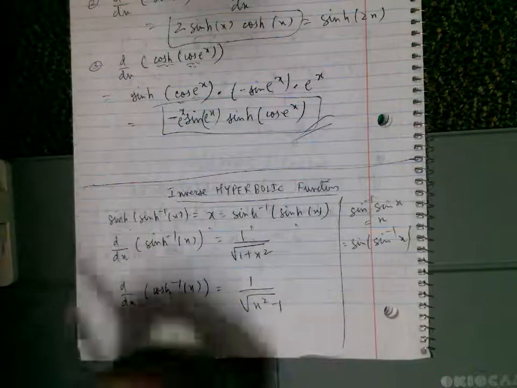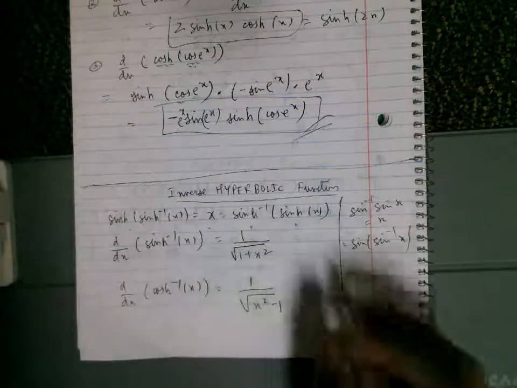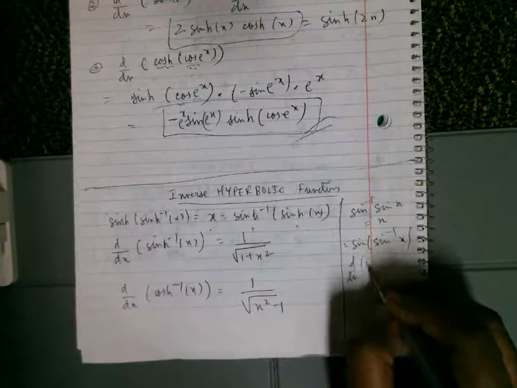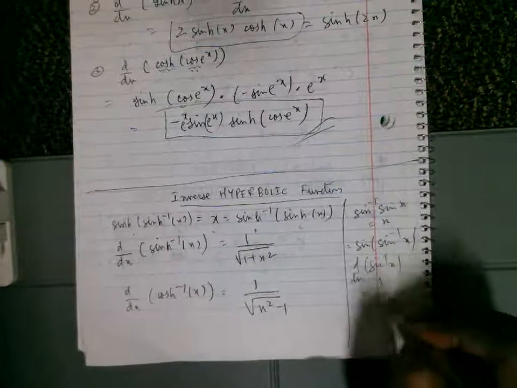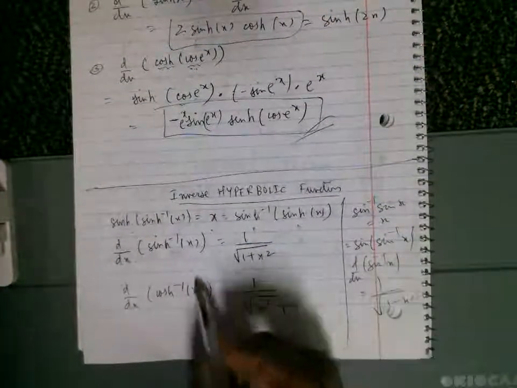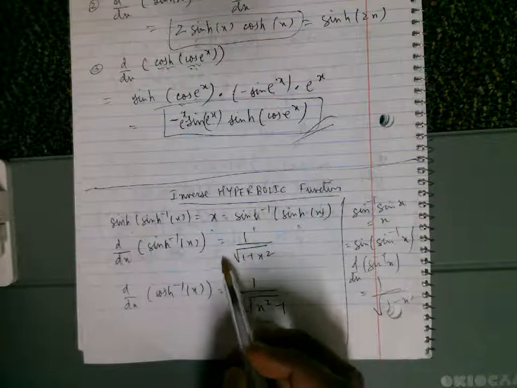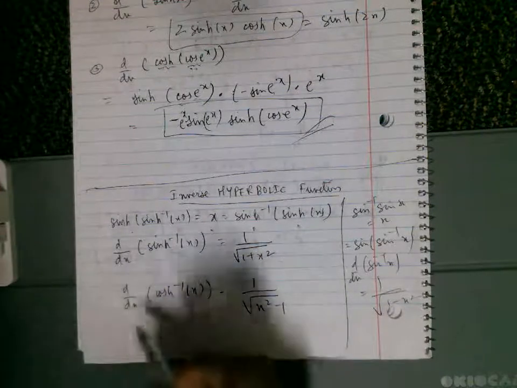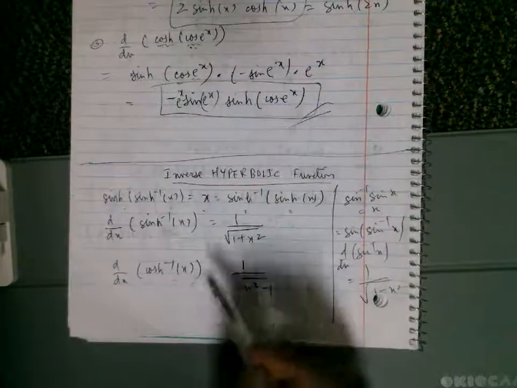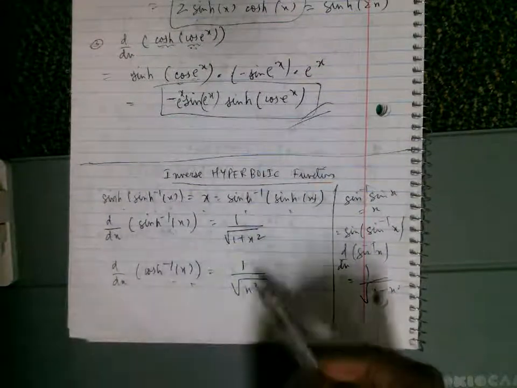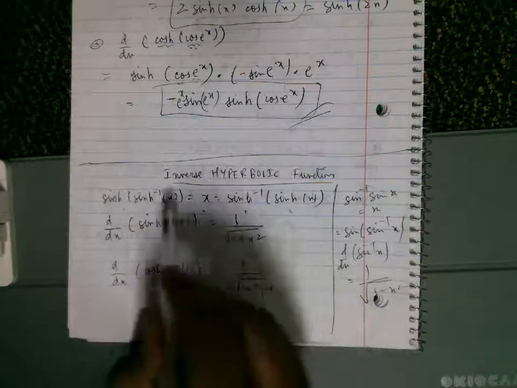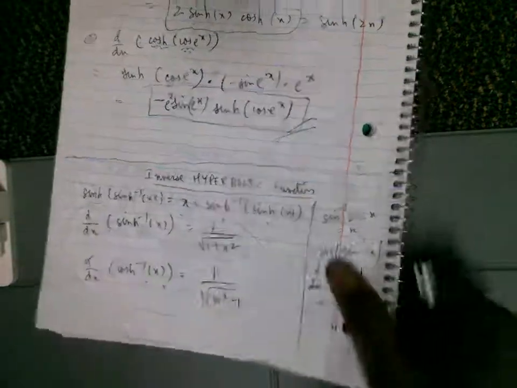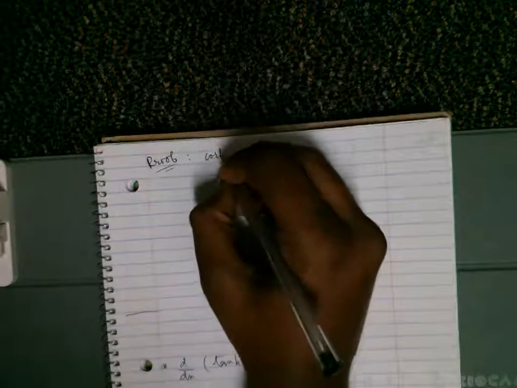and similarly for all the other inverses, like cosh inverse and tanh inverse and all the other stuff, right? So like we had the derivative of sin inverse x is 1 by square root of 1 minus x squared. Here we have the derivative of sinh inverse is 1 by square root of 1 plus x squared, and the derivative of cosh inverse is 1 by square root of x squared minus 1. So you will have to remember these derivatives, and in case you forget, you can always try to derive it on your own. So I'll show you an example of cosh of x.